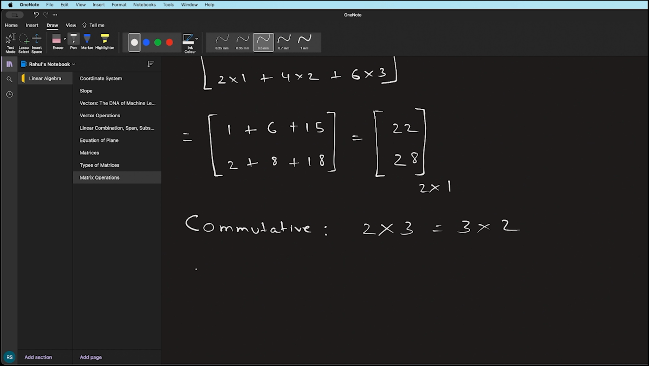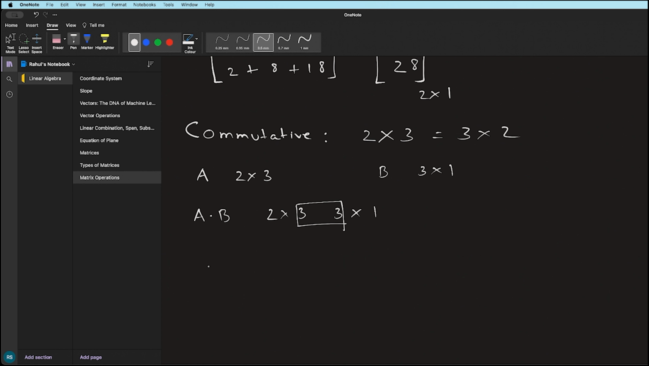Let us understand. For example, we have the matrix A having the shape 2 cross 3 and matrix B having the shape 3 cross 1. In this case, A dot B is valid because the number of columns of matrix A is equal to the number of rows of matrix B, the condition that we have studied earlier. So this condition is satisfied and we can multiply A dot B. But in case of B dot A,